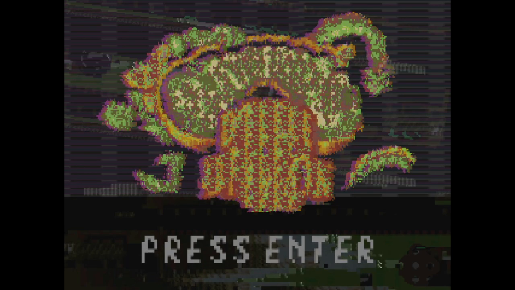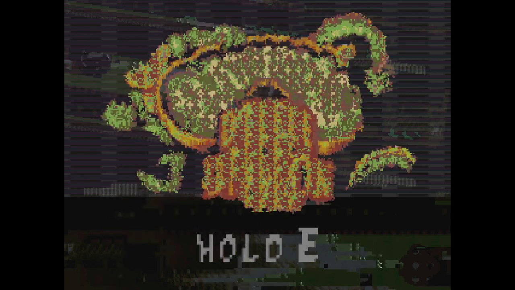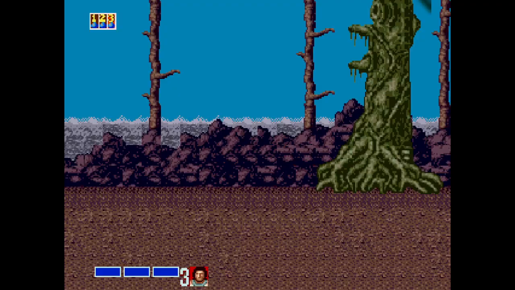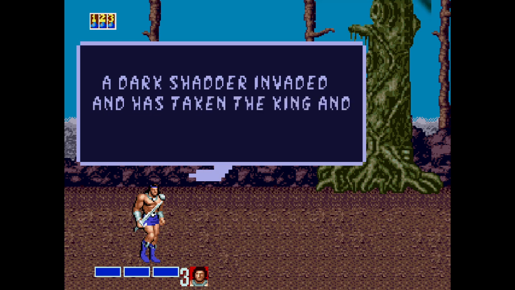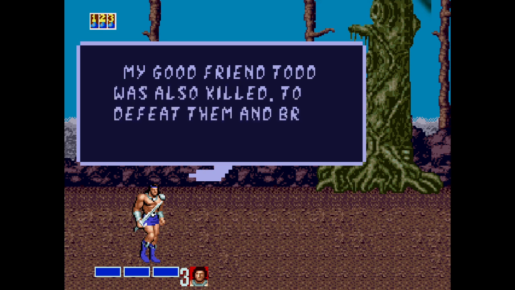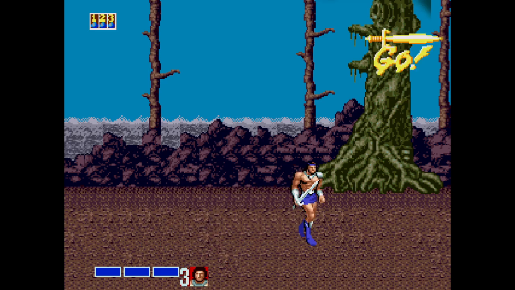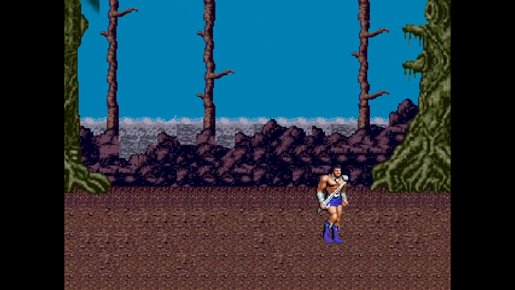This is Pause Screen from Battletoads and Double Dragon. Hold E. I can do that. Press Double Dragon. I don't have a Double Dragon key, but I'll press this. A dark shadow invaded and has taken the king and prisoners. My good friend Todd was also killed. To defeat them and bring peace is something we'll never know. So yeah, this is a follow-up that ostensibly is based on Battletoads and Double Dragon, but